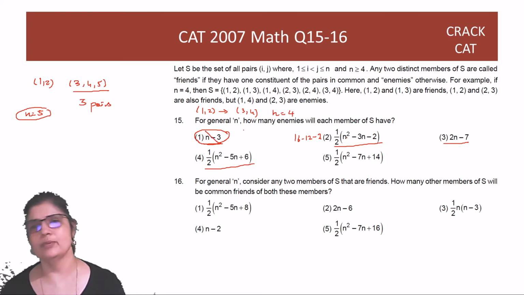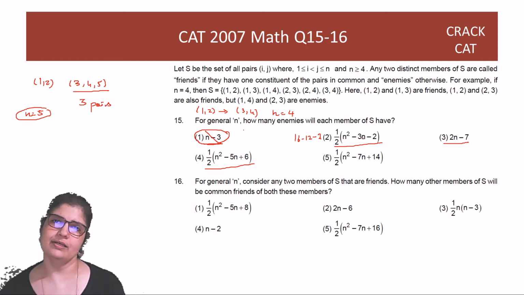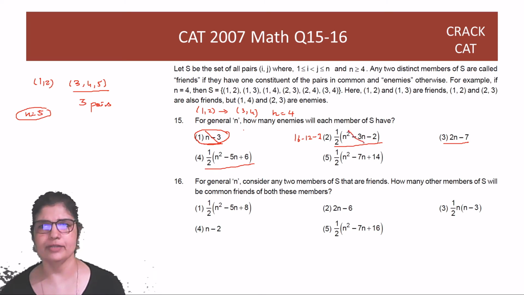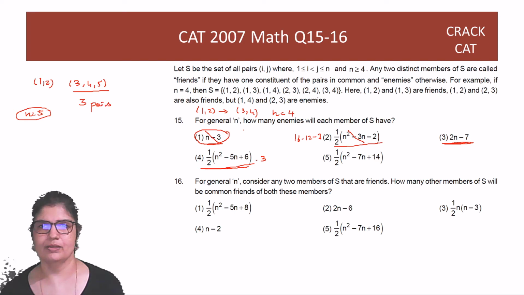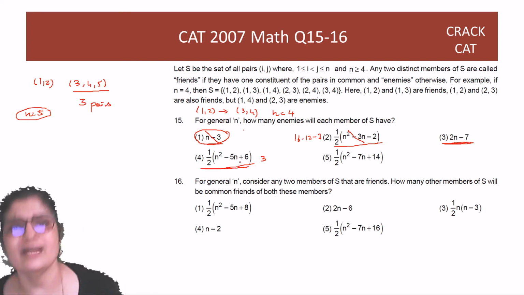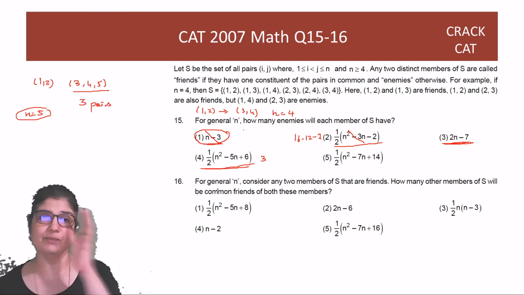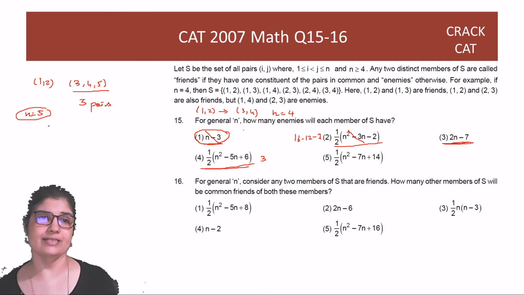Right? If you see, n is equal to 5 gives 25 minus 15, 10 minus 2, 8. Here also you are not getting it. Here you are getting 3 pairs when you put n is equal to 5. And here also you are getting 25 plus 6, 31, 31 minus 25, right? You are getting 3 again here, 6 by 2. So you'll have to go one step further. So you see, guys, it's taking too much time if we are putting numbers here. So the best way, as I said, is to go for logic.